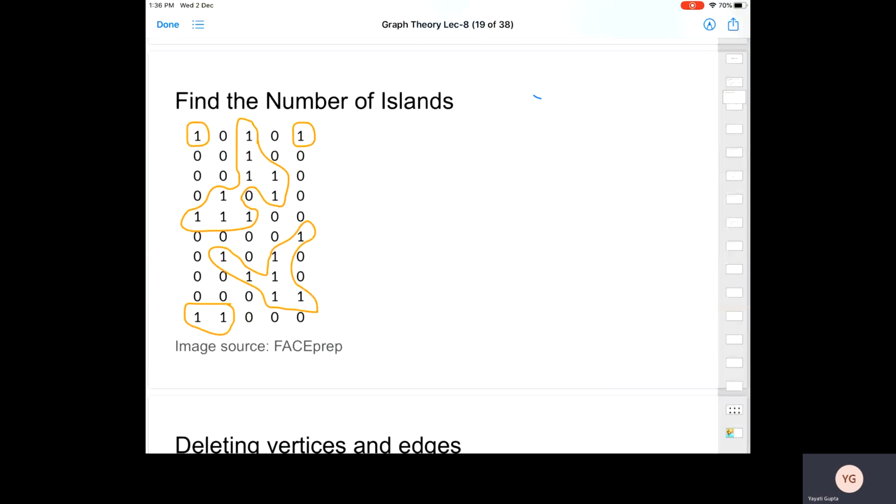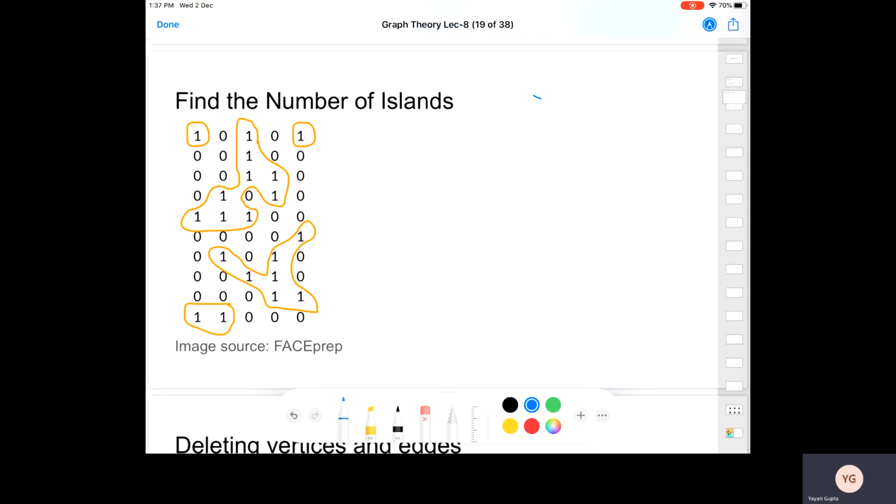In connection with our previous algorithm, think about this question. This question has appeared multiple times in code competitions. The question goes like this: as your input, you are given this